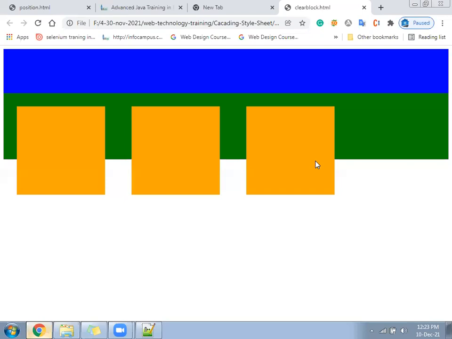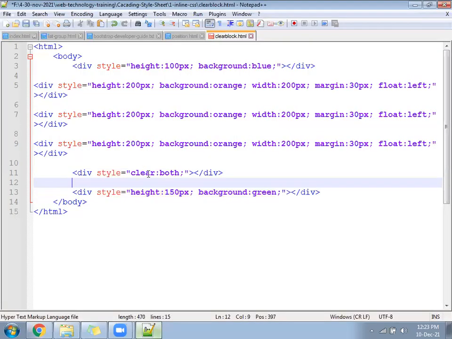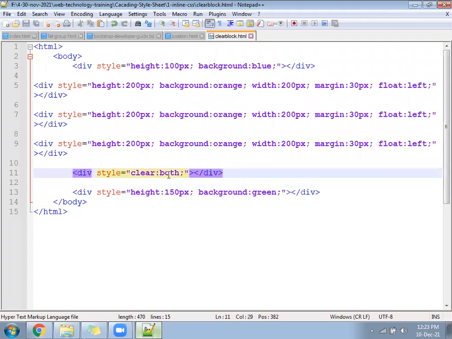Okay, where has the problem come from? Whenever we apply the float left or right, indexing will get increased. Once the index gets increased, it will go up and next content will go inside. Now what do we have to put? One element is on higher index, another element is on lower index. Now between higher index and lower index, we have to put a separator, saying the lower index will be separate and the higher index will be separate. That is this one. We have written it many times. This one, call which one? Clear colon both. You can call it directly, by class, or by ID, that is your next matter.